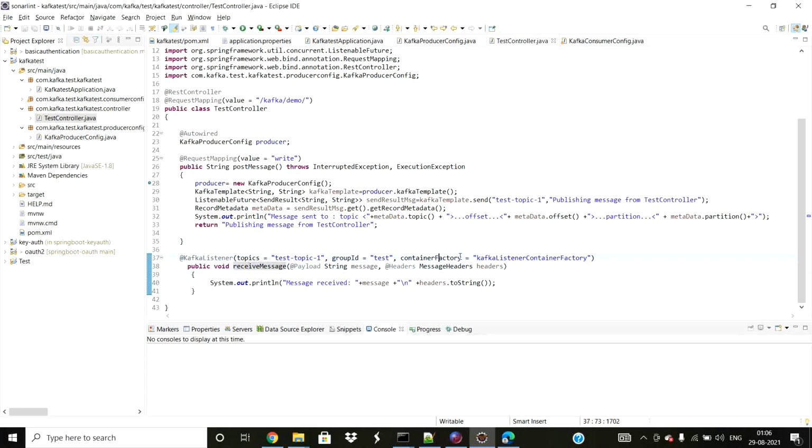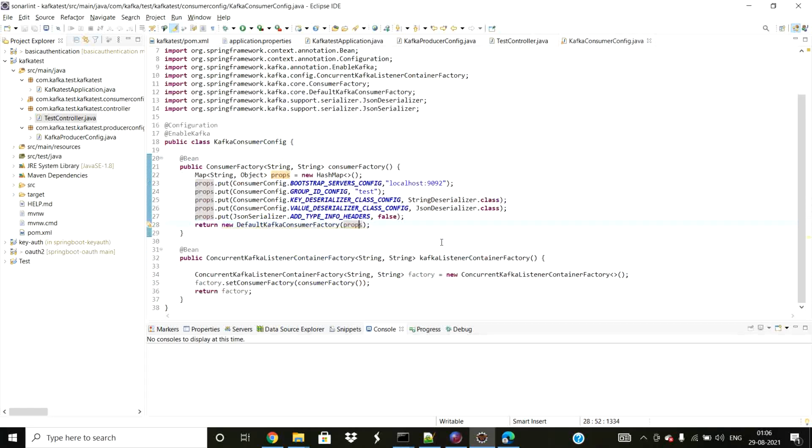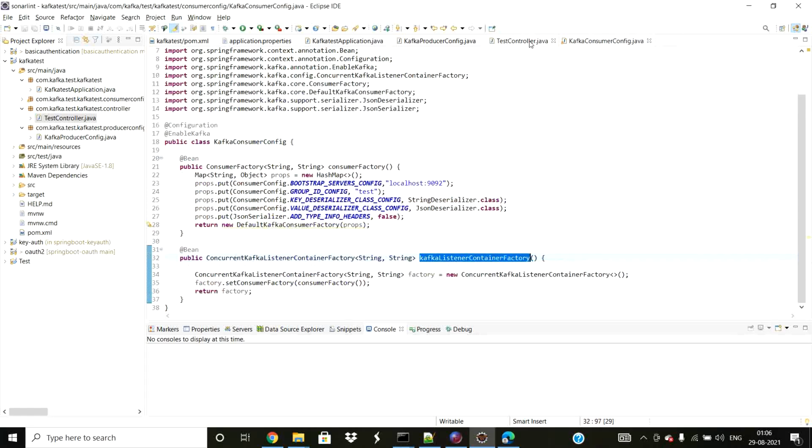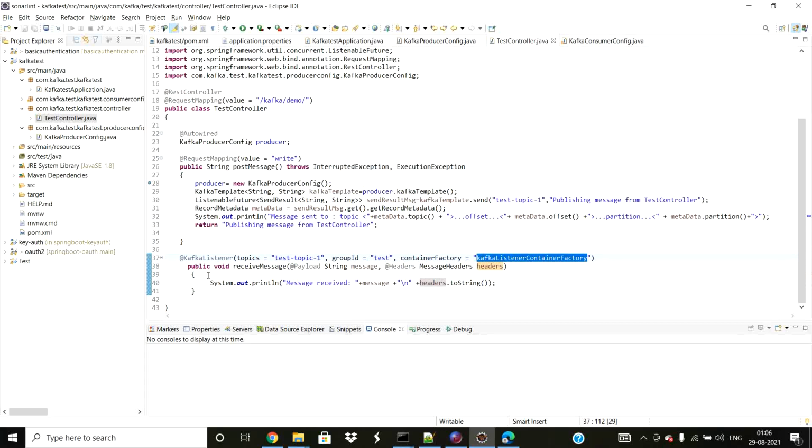This is the connection factory class, which is simply called from this config. You've seen that the Kafka listener container factory is what I have passed there. This receive message method has the payload, I mean the data which is coming, and the header detail.